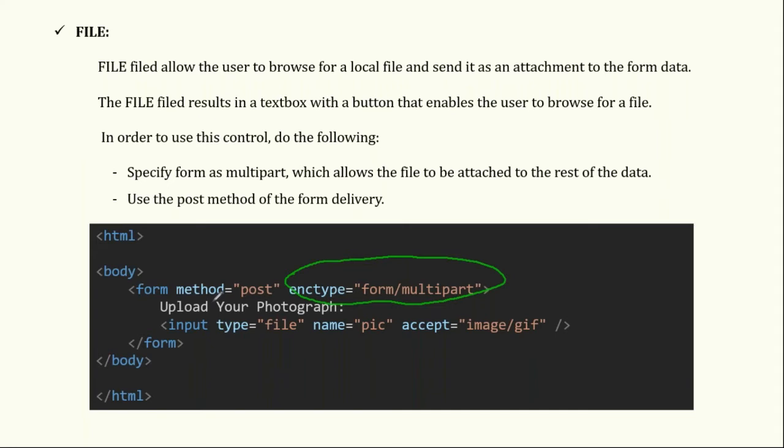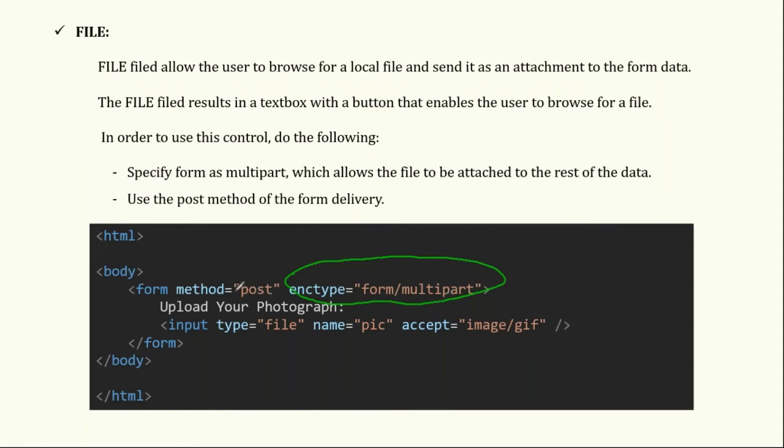Okay, so remember, that's the first very important point. If you are using input type is equal to file inside your form, you must specify this attribute enctype is equal to form slash multi-part. That is very important.